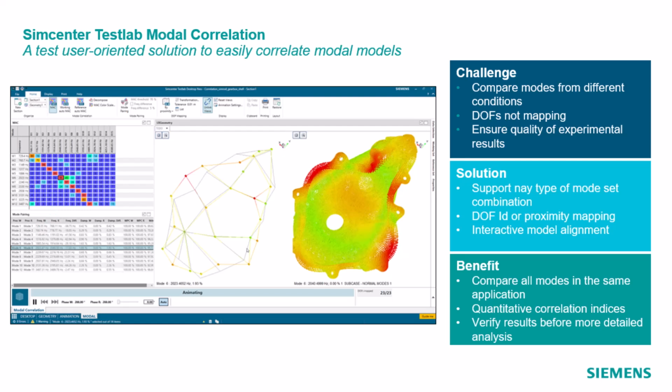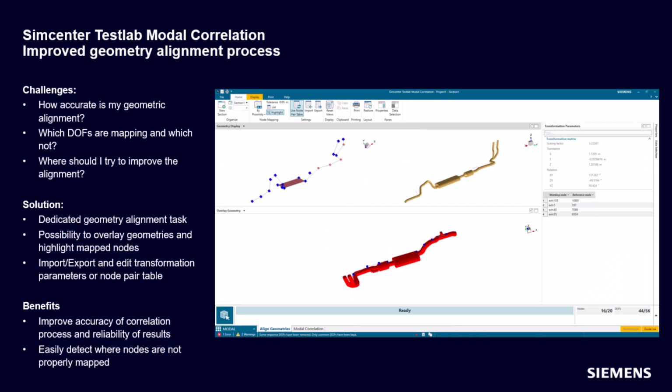But to make things easier to use, we've added this alignment feature. Before, you could just kind of align them and turn them around and hope they were aligned, but now they line up over each other so you can see if the fit that you got is actually going to be useful. We have a new dedicated alignment task to make sure that what you actually are selecting is where they're supposed to be. So if you've used the modal correlation, this tool is going to be a little bit easier to use if you're comparing to CAD models and things that you've solved for.